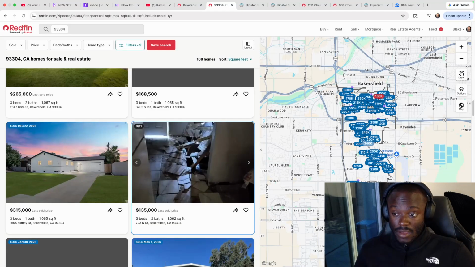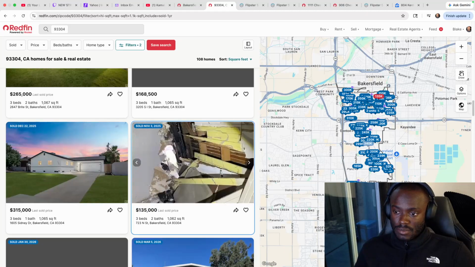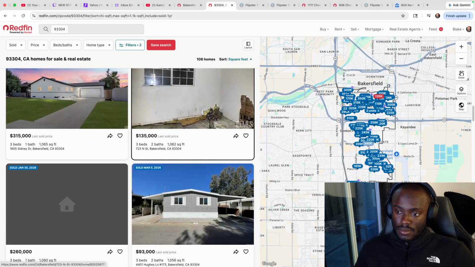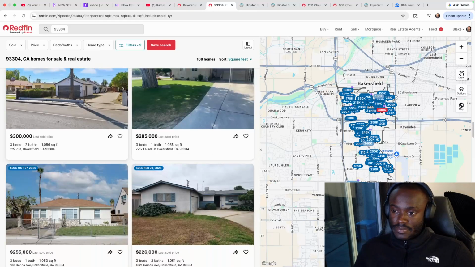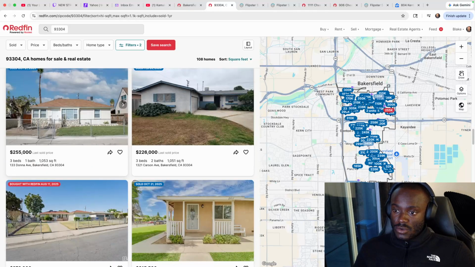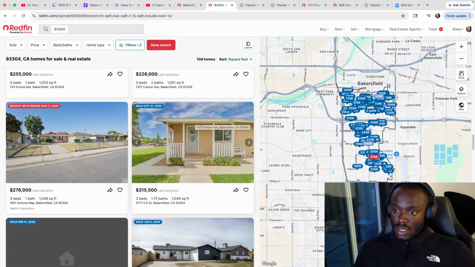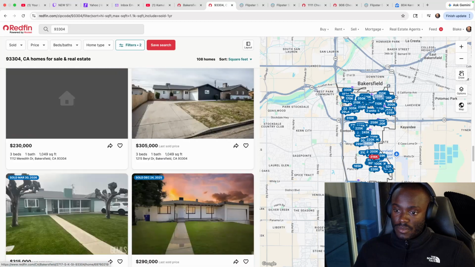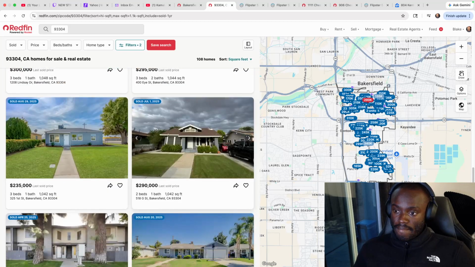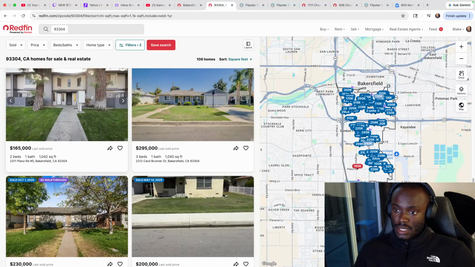This was a complete demolition. What else we got? 93. This is a mobile home. 280, 250, 220, 310, 27, 23, 30, 16.